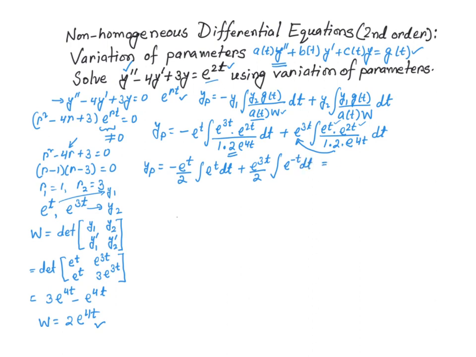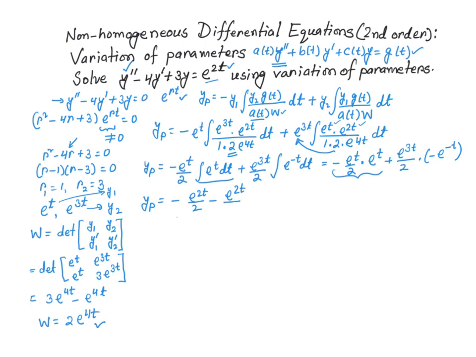And that I could simplify a little further. Negative e to the power t over 2 times the integral of e to the power t, which is e to the power t. All right. Then plus e to the power 3t over 2 times e to the power negative t. The integral of that is going to be negative e to the power negative t. Okay. Now let's go ahead and simplify it even further. Y sub p is going to be negative e to the power 2t over 2. That's just this term. And then minus e to the power 2t